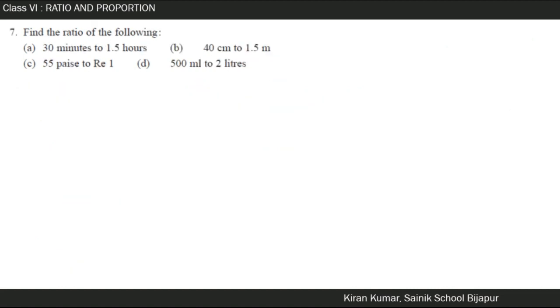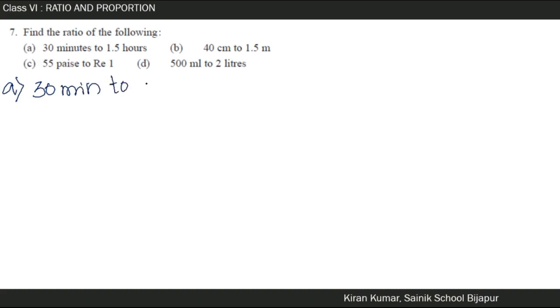Question number 7. Find the ratio of the following. Observe all these, they are not in the same unit. So it is slightly different from the previous one. We need to convert in the same unit. In the first one, they have given 30 minutes